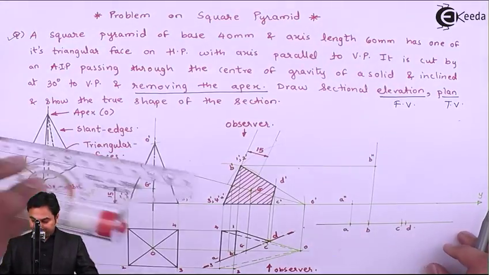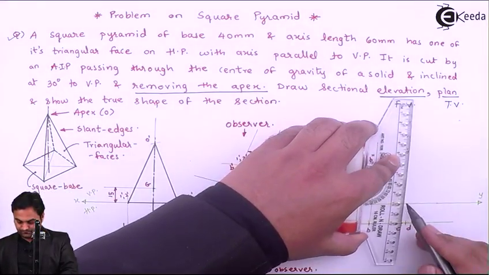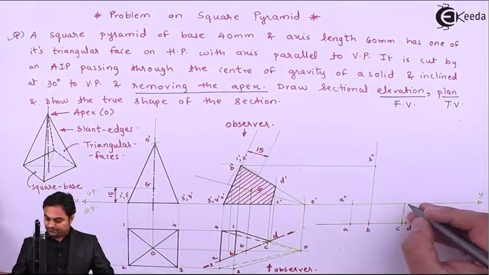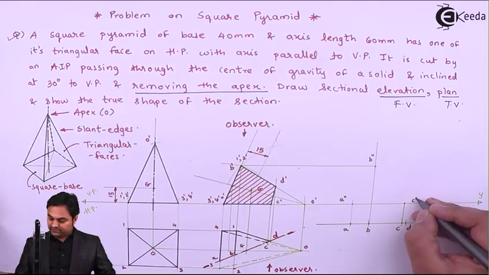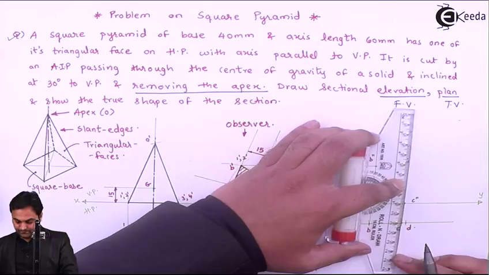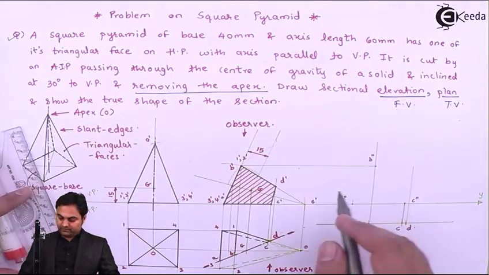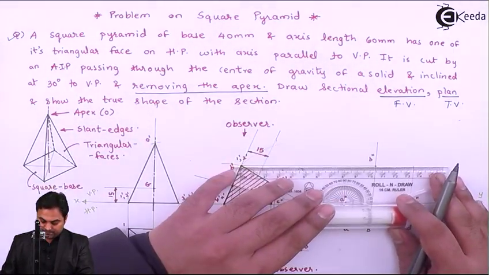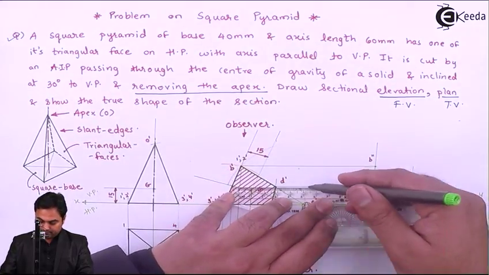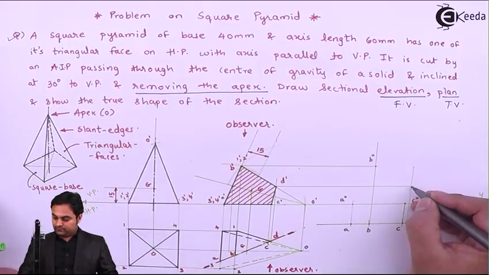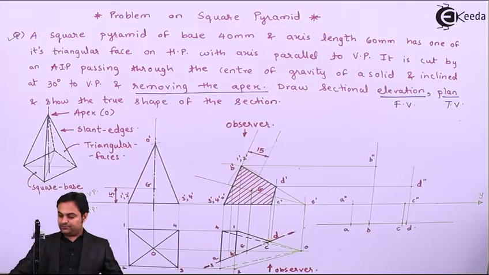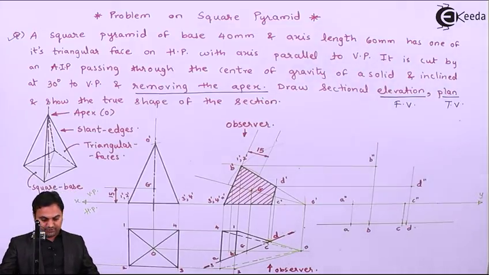Then point C. So where C and C dash intersect, that will give me C double dash. At last point D, and here we have D dash. So here we have D double dash. Then joining these points in sequence,